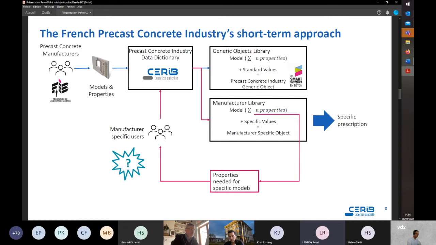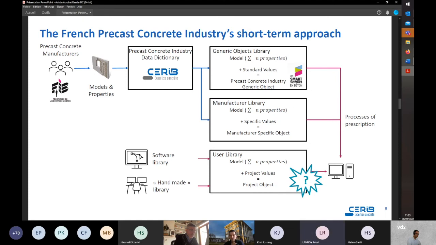Nevertheless, we are considering how to integrate into the collective dictionary the properties needed to describe specific objects. It's now a problem for which we do not have a solution, but we will work on this topic.